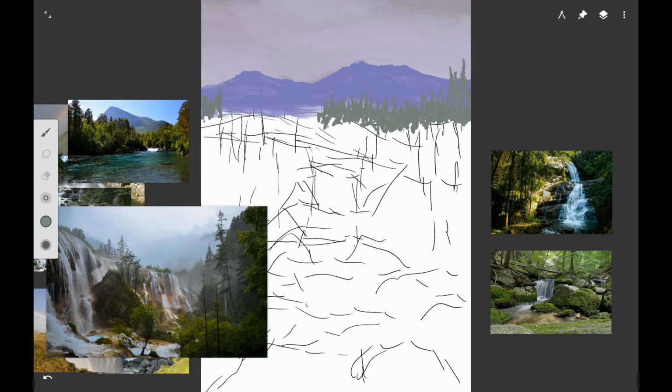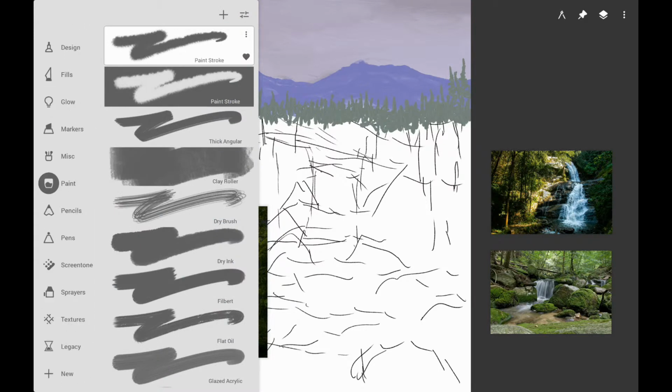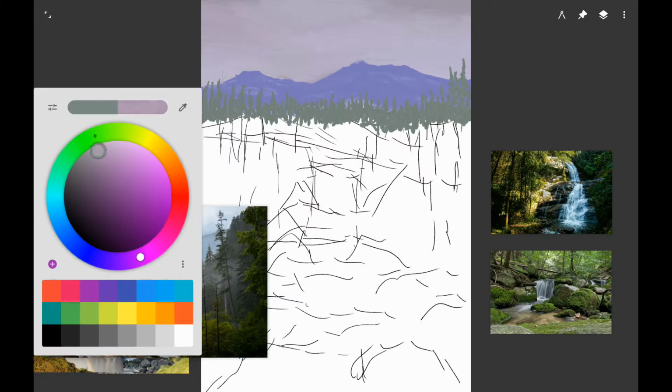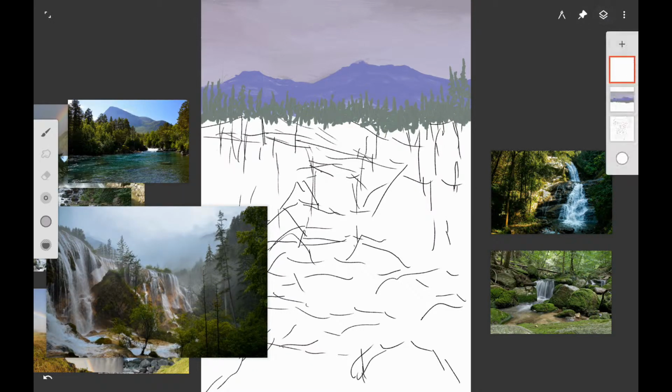And you want to make jagged looking trees and sort of make the point on them and then go ahead and make a zigzag shape sort of down the trees. You just want indications of the pine trees. You don't want any big details at this point because they're going to be in the background. And for the trees, I like to use the paint stroke brush in Infinite Painter because it's sort of uneven